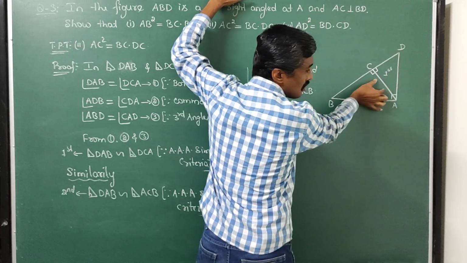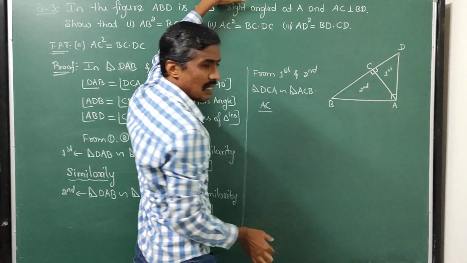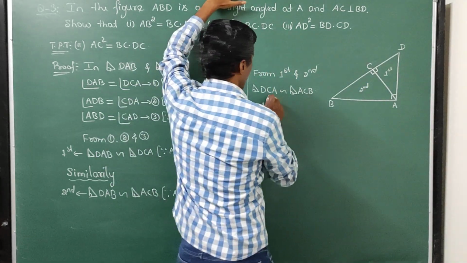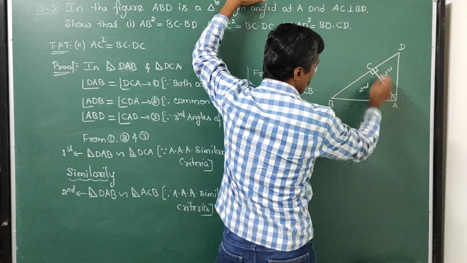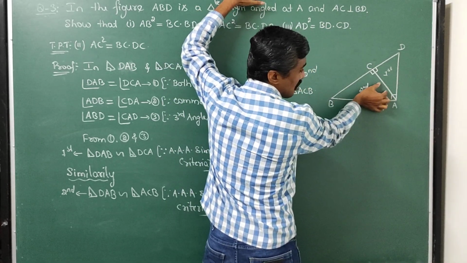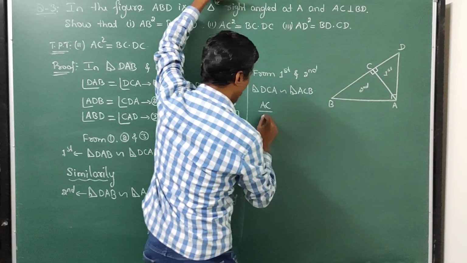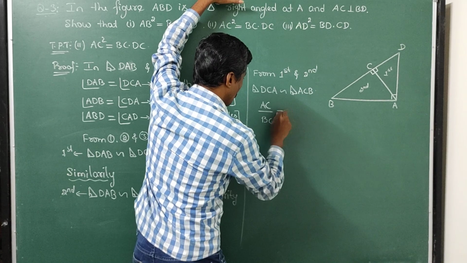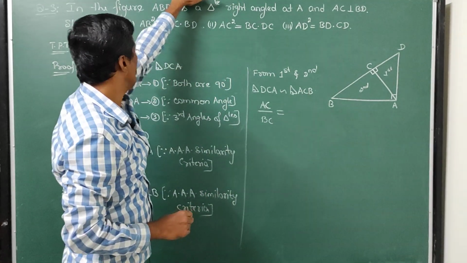In the ACB triangle, this is the hypotenuse, this is the smallest side, then the second smallest is BC. Second smallest divided by second smallest is equal to,